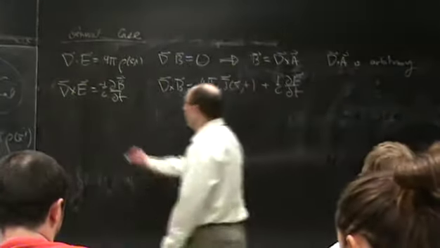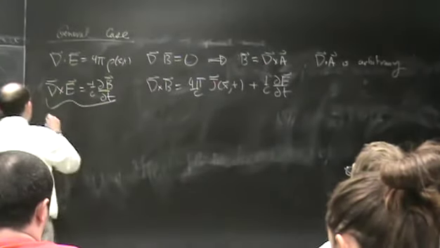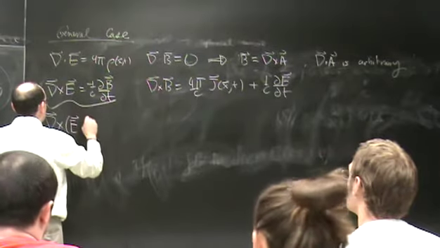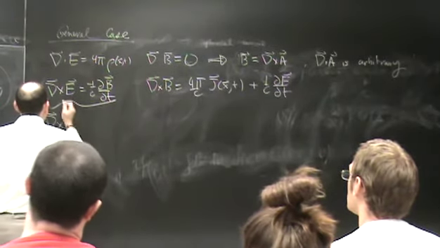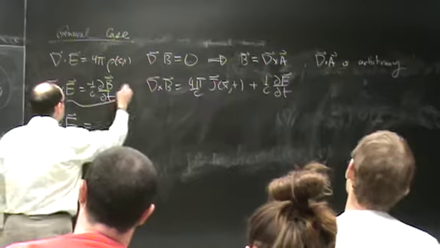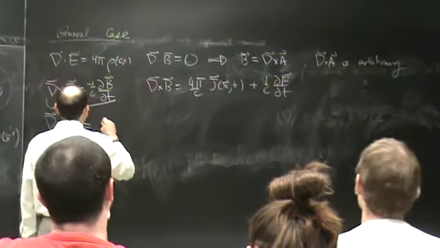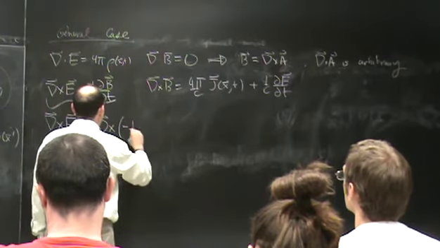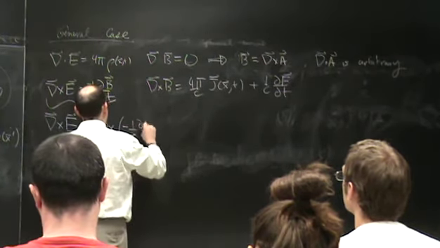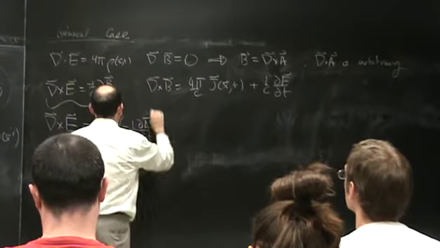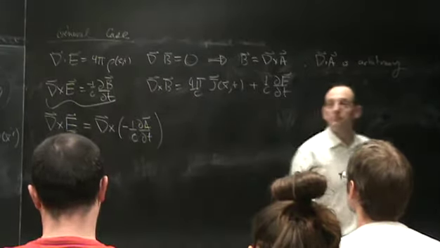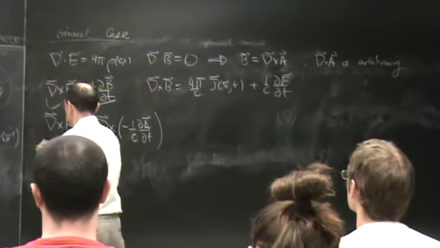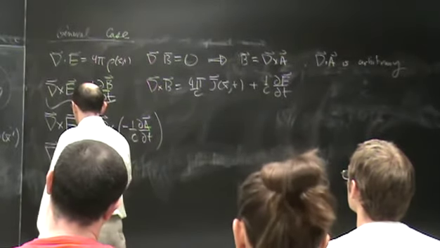However, if we look at this equation, then if I substitute in B is the curl of A, and change the order in which I differentiate, then what we see here is that the curl of the combination of E,